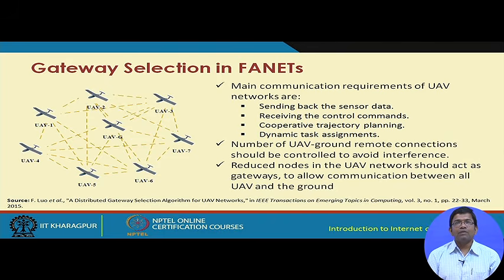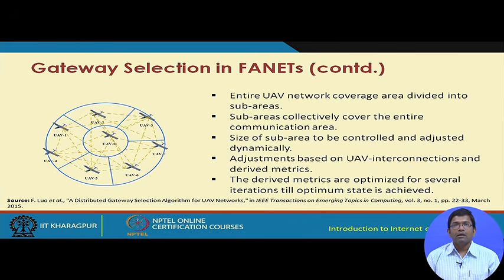The main communication requirements of UAV networks are sending back of the sensor data, receiving the control commands, cooperative trajectory planning, and dynamic task assignments. So, in this particular figure, as we can see over here, we have a bunch of different UAVs functioning in a plane, and then we have one of these nodes designated as the gateway,